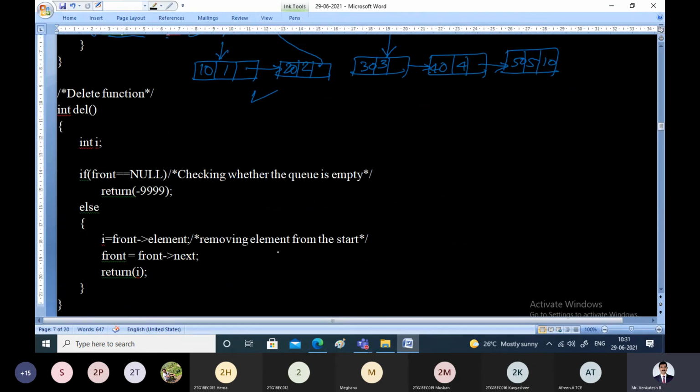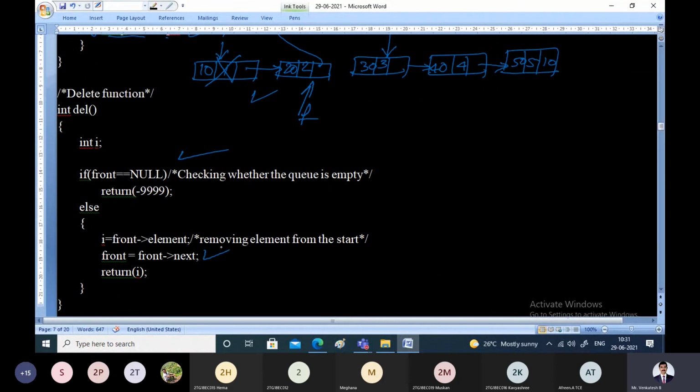Deletion is the same as how we delete in the case of a linear queue. We'll check whether the queue is empty. If it's not empty, we go on deleting one at a time from the front end. It means if you want to delete this 10, we simply take front to point to the next node.